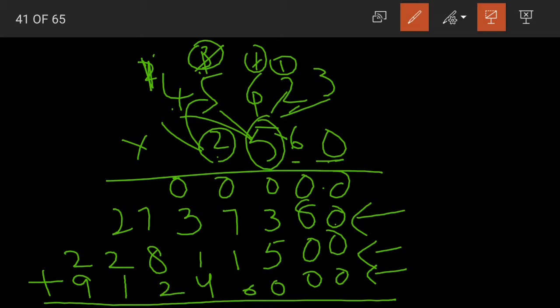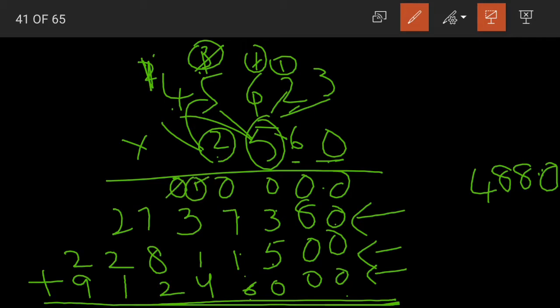Now children, I'll add here, but I'll write the answer here. Yes, because there is no place to write below. All the zeros. 0, 8, 3 plus 5 again 8, 7 plus 1 8, 8 plus 6 14, 4 here, 1 carried, 1 plus 0 1, plus 3 4, plus 1 5, plus 4 9. Yes, now 7 plus 8 is 15, 15 plus 2 17, 7 here 1 carried, 1 plus 2 3, 3 plus 2 5, 5 plus 1 6, 2 plus 9 11.